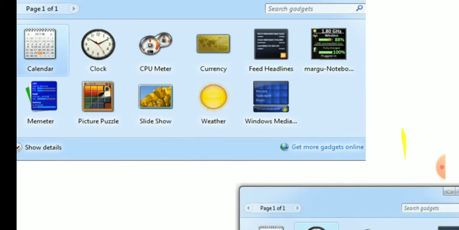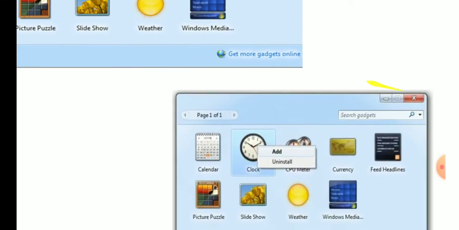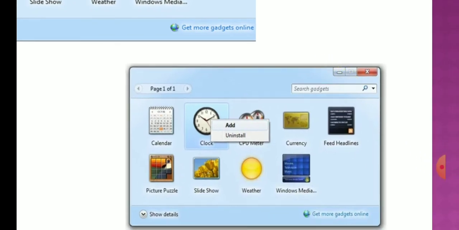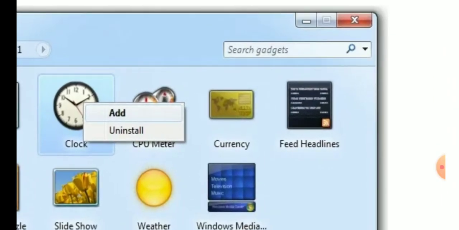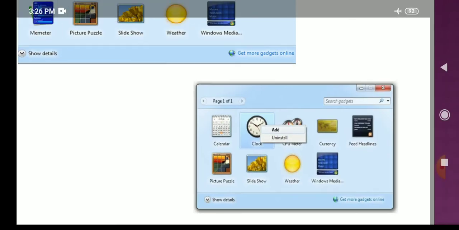Or you can do one more option: move the cursor on top of the gadget, right click and then click the add option. See here, if you right click you can have add or uninstall. So to add, I can click the add button.